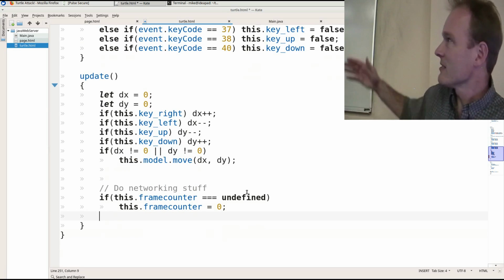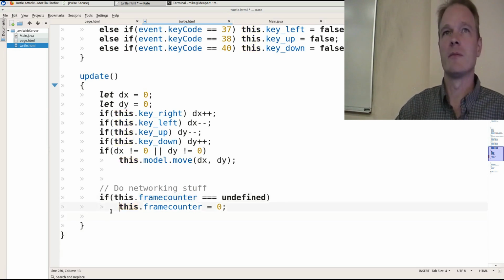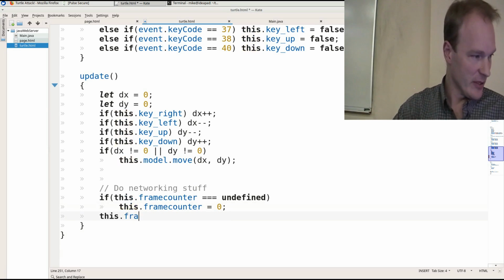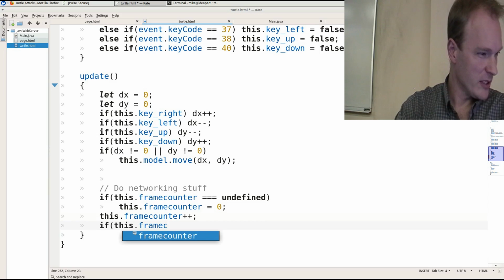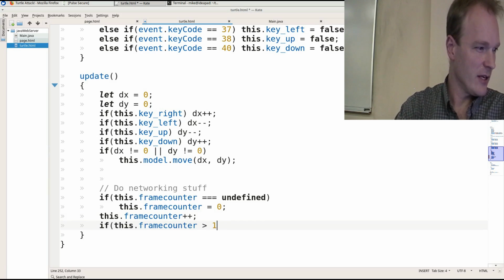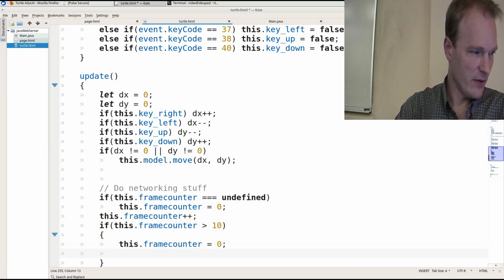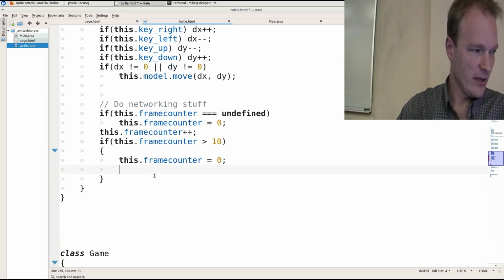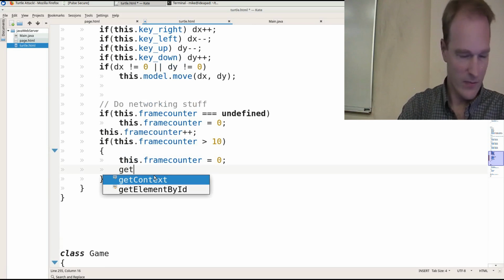This is me lazily attaching a member variable to the controller because this is a controller at this moment. Then I'll say this.frameCounter++, and if this.frameCounter is more than 10, this.frameCounter equals 0. And now